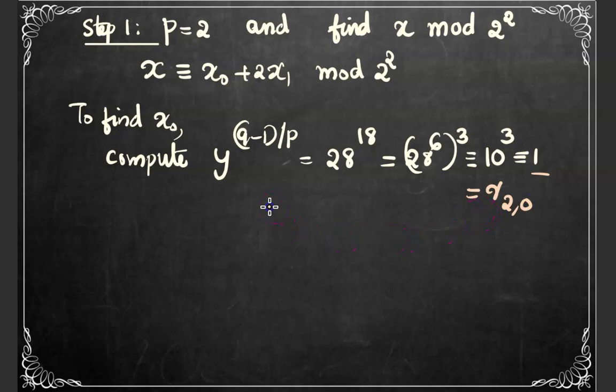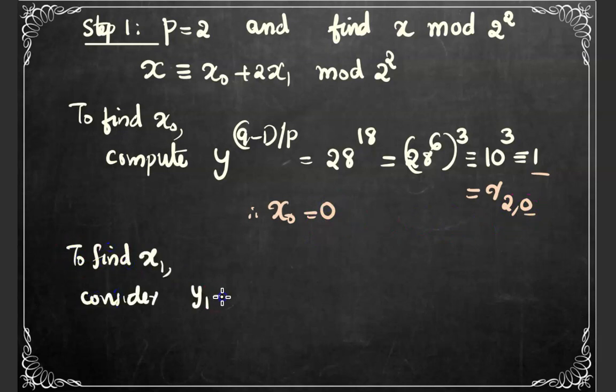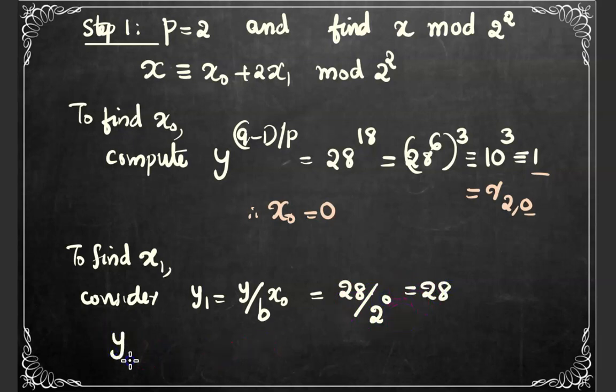Hence, x0 is equal to this 0. Now, to find x1, consider y1 equal to y by b raised to x0, and that will be 28 divided by 2 raised to 0, which is 28 itself, and now we need to evaluate y1 raised to q minus 1 by p square,